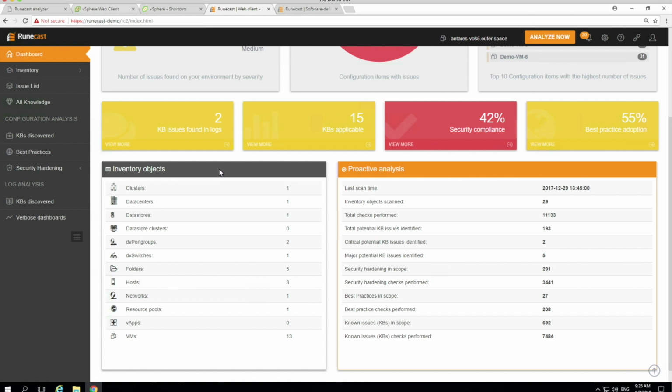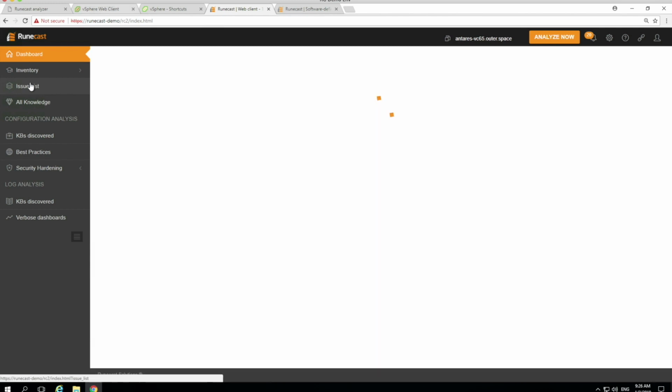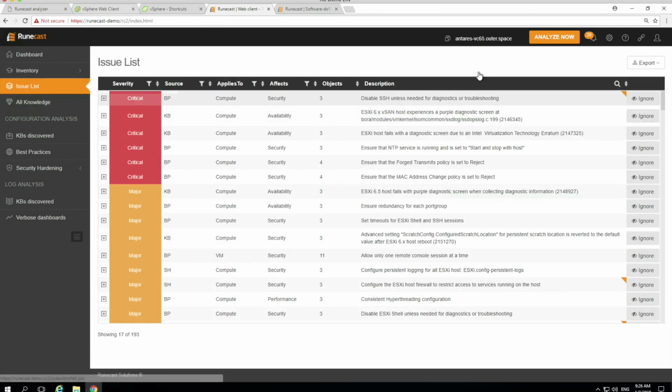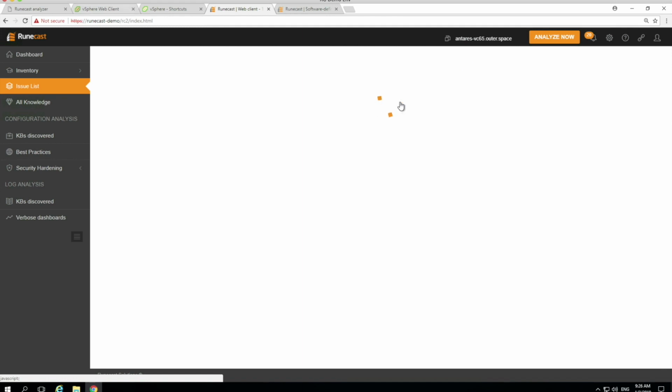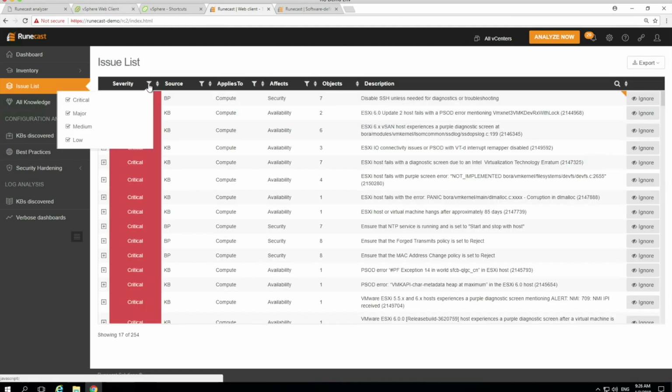So if we look at, so Runecast has generated the issue list. You can see here, it's surveyed the estate and said, right, here's your vulnerabilities. For each issue, it will categorize by severity, the source, whether it's a KB, best practice or security hardening issue you need to attend to, the layer in the stack.